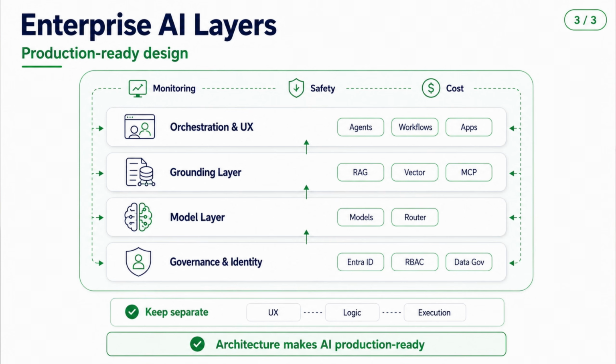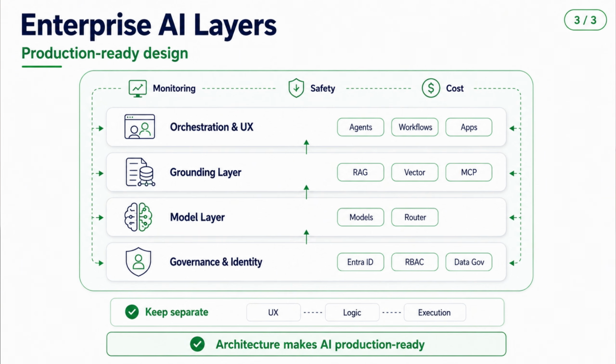So, in an Azure based environment, it often helps to think in architectural layers. At the foundation level, we have governance and identity services like Entra ID, RBAC, and data governance controls. Then we have the model layer, where the application interacts with the AI models or the model routers. After that comes the grounding layer, where services like RAG, vector search, and MCP integrations provide the trusted knowledge and